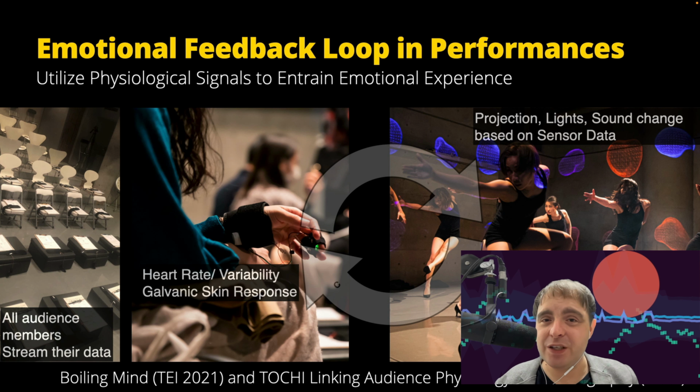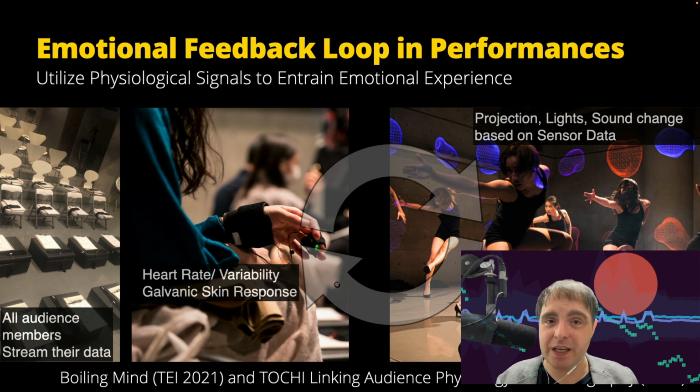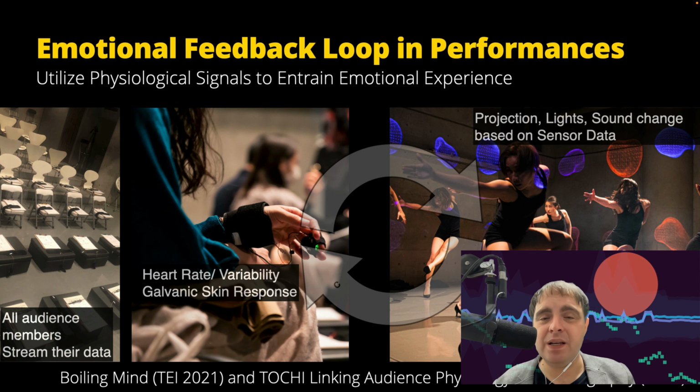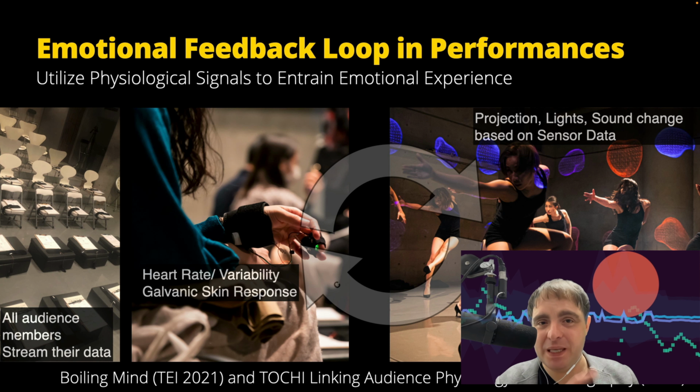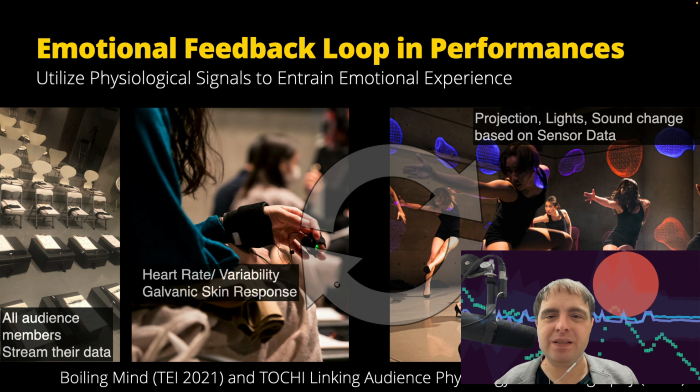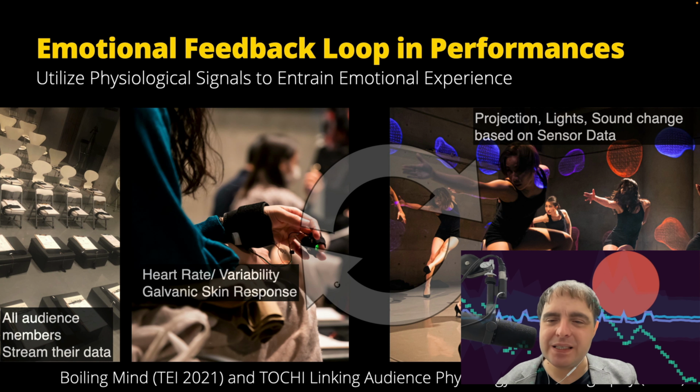That's also an interesting measure for the stress and excitement. We'll look into detail about one of those features in just a bit. And also the galvanic skin response or the electrodermal activity, the sweating, the peaks that give you also this stress and excitement. This data is streamed from all of the audience members